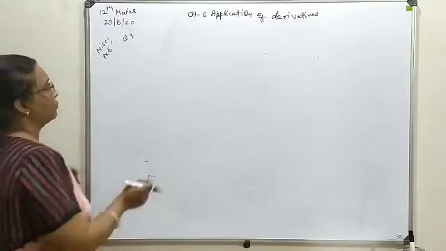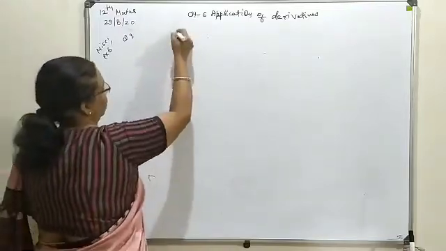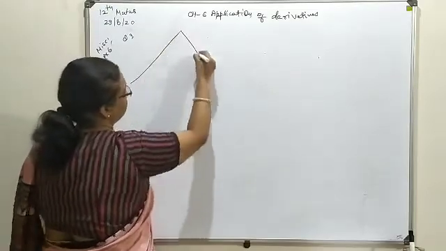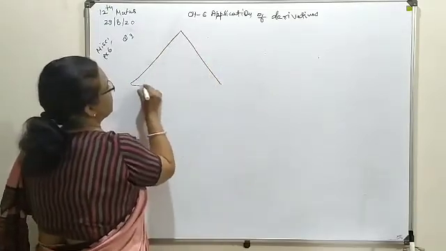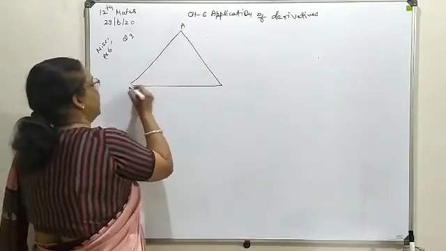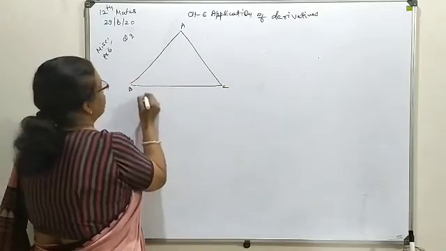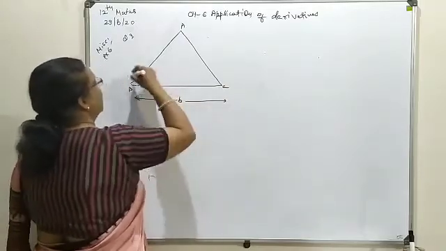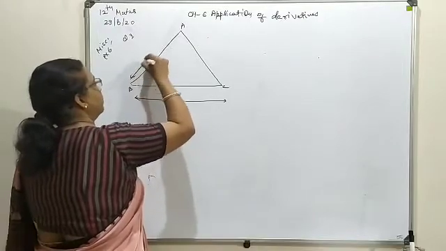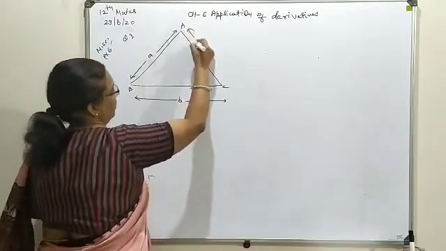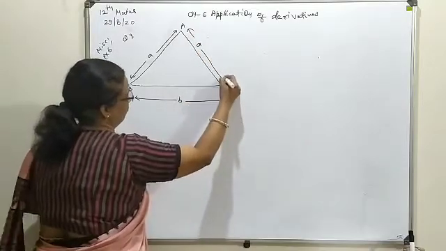Now here you see, we are having one triangle with two sides equal and base b. These are the two equal sides. Let us consider the vertices as A, B and C. This is your base b with the fixed length. These are the two equal sides we will consider as a. Even you can consider them as x, y, whatever you want to.